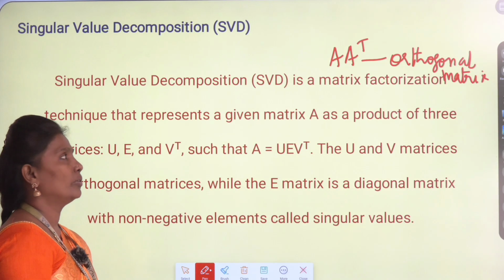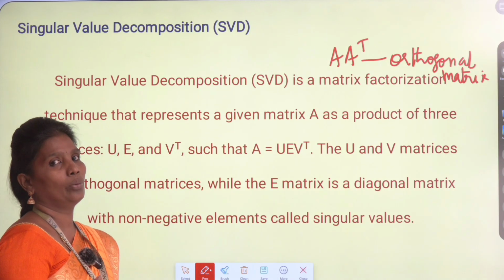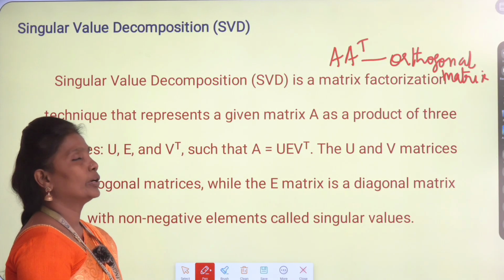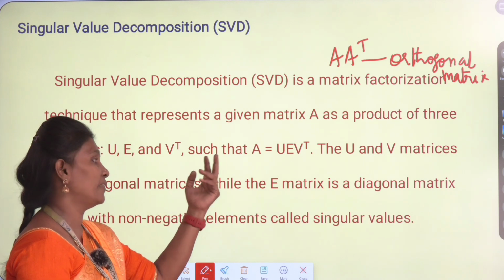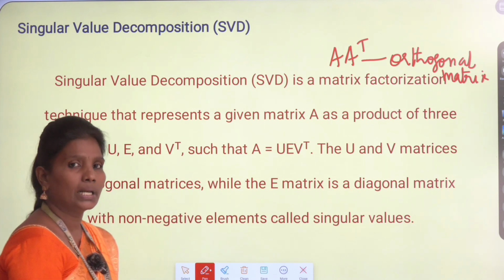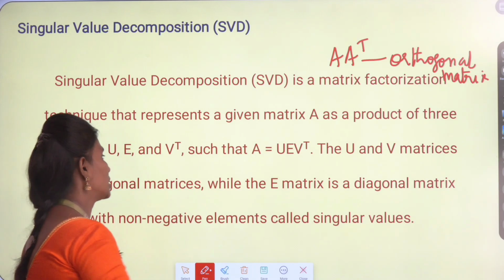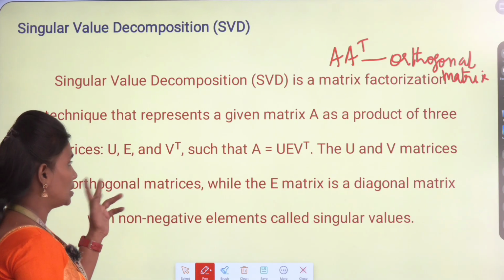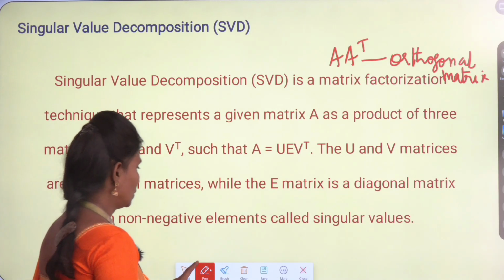Okay, what are the eigenvalues for A transpose A? For a normal matrix, you find the eigenvalues of A itself. But we don't get the eigenvalues from the given matrix, so that's why it is changed to A transpose A. That's why we use the word singular values. They are non-negative only. The 3 non-negative singular values on the diagonal are nothing but Σ. By using these 3 matrices, you perform SVD here.